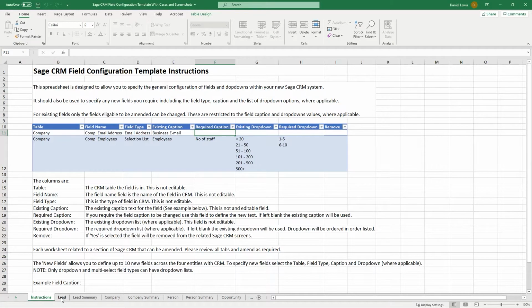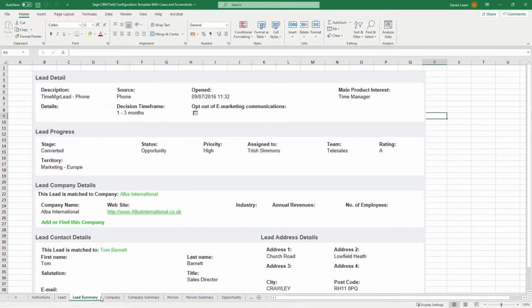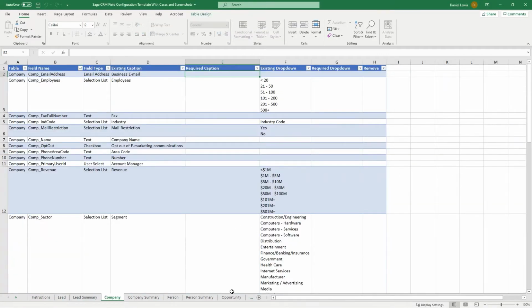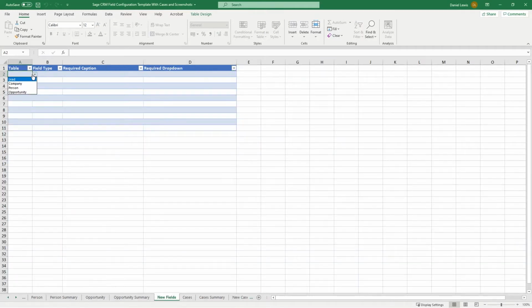To help deploy quickly configured solutions, it's best to use some kind of a spreadsheet that is given to the customer to complete. The spreadsheet itself should detail all of the existing fields in Sage CRM, including the captions and drop-down values where applicable, and then give them the option to update the spreadsheet with their field changes as they require. This will reduce the time it takes for you to perform the scope of the requirement, and this process works very well for small, quick sites where only configuration is required. The user interface can also be used to design workflows for certain record types.